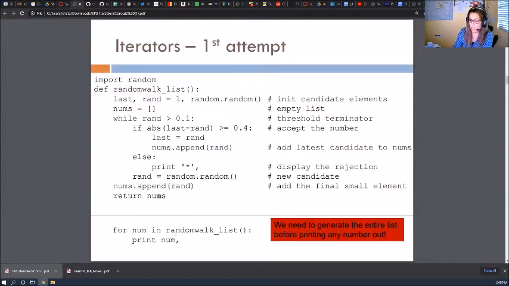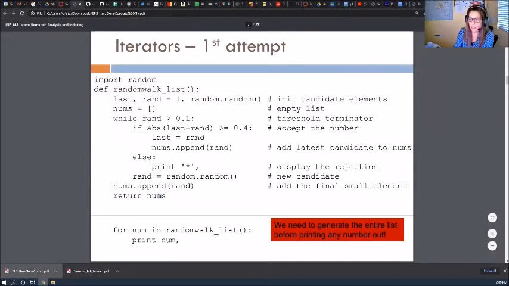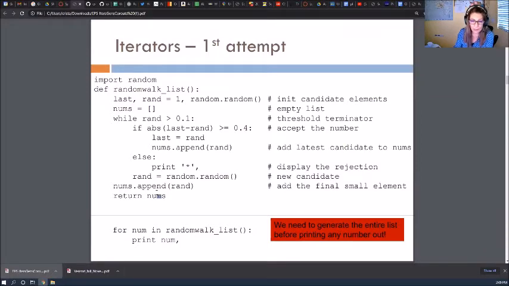And then from the caller side, you can iterate through the list with a for loop or something. You basically have a list of numbers and then you iterate through them and you print them out. So this is a totally trivial, vanilla thing. Now, what is the problem? One of the problems of this kind of design is that the function is going to generate potentially a very large list of numbers before we print anything out on the screen.